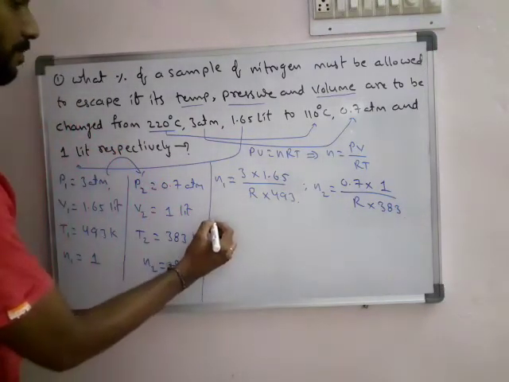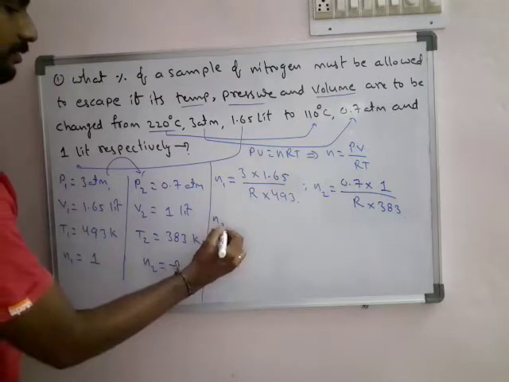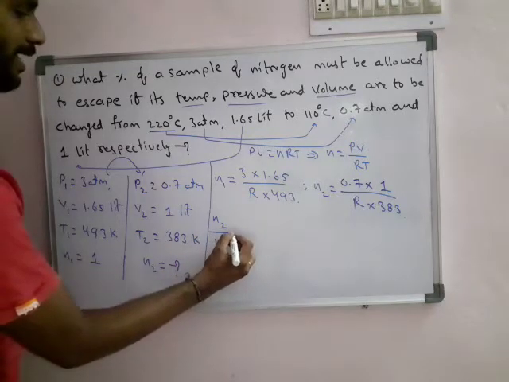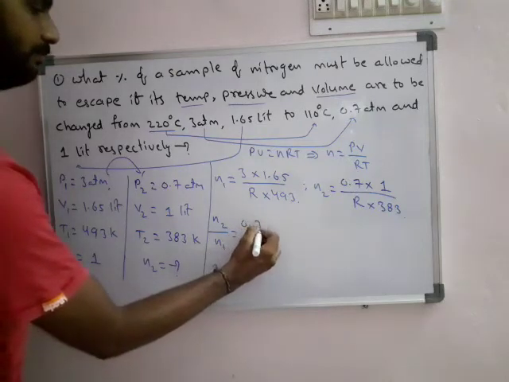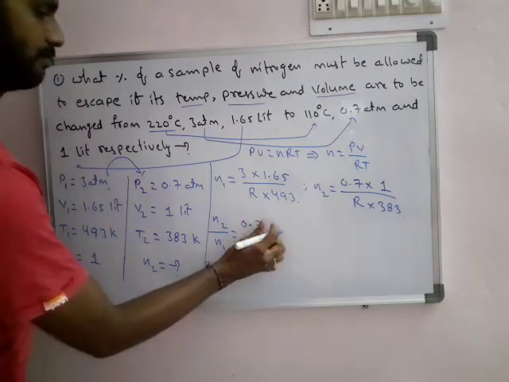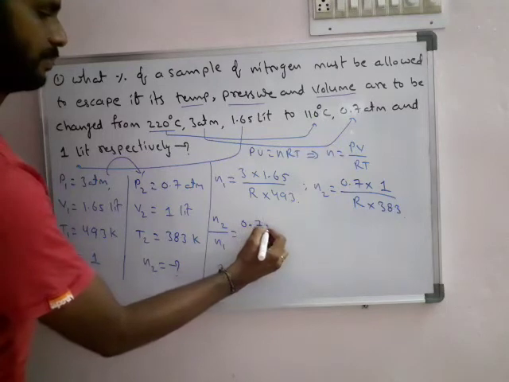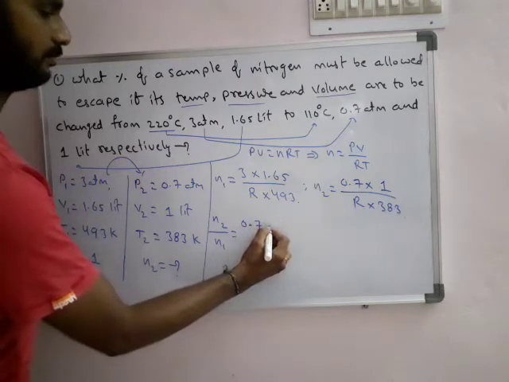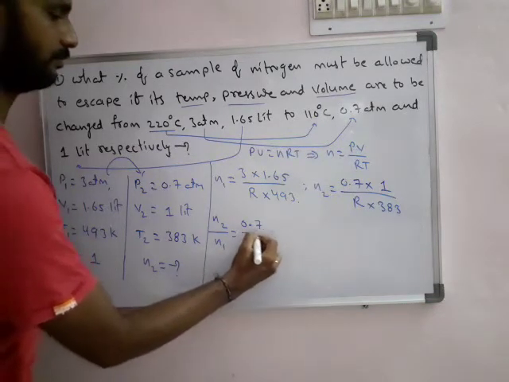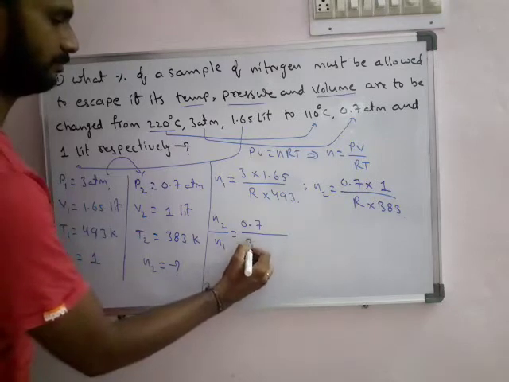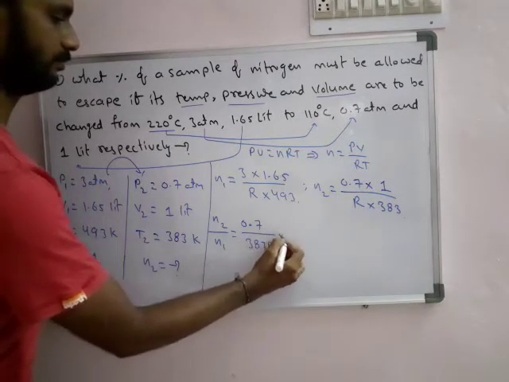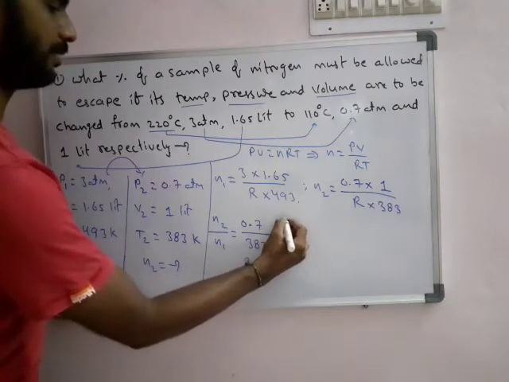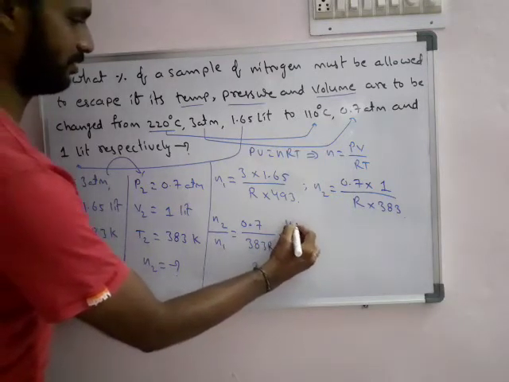Okay, now N2 by N1, or you can do N1 by N2, no problem in it. 0.7, and it becomes exactly reverse. Okay,